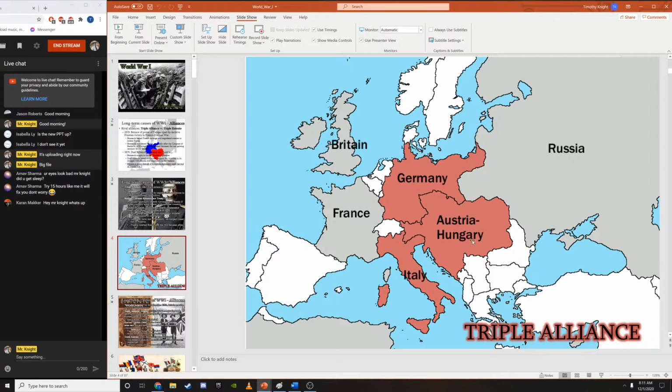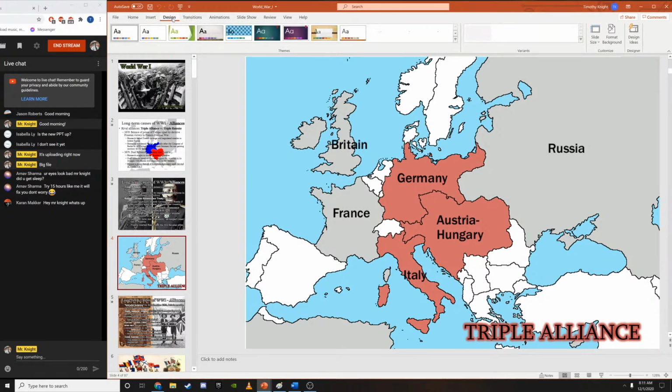And the Ottoman Empire ends up joining with the Central Powers. But for the most part, we just think of the Central Powers as being Germany and Austria-Hungary. Italy, on the other hand, switches sides. And after the war begins, Britain, France, and Russia are no longer known as the Triple Entente. They become known as the Allied powers. Now, the reason that that's so confusing, here, let me just do this really quick.